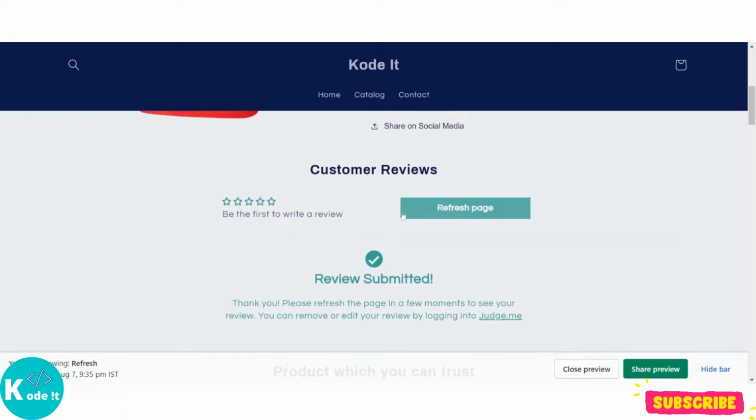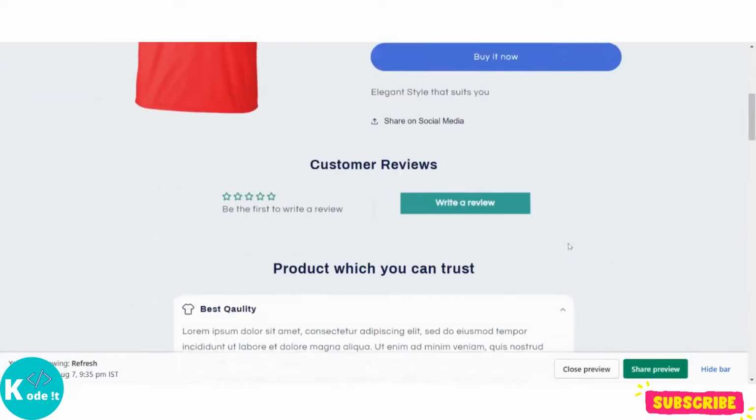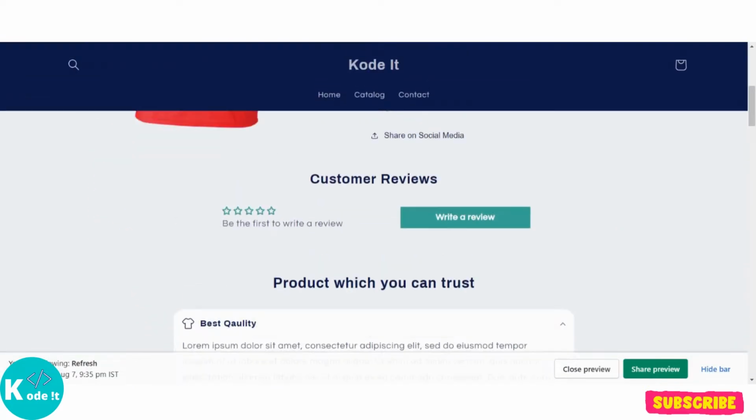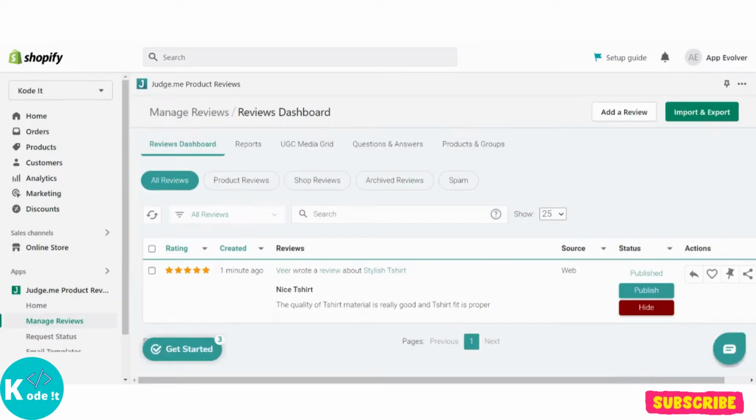The review will not be visible on the website since the review has not been published by the admin inside the Shopify portal. So guys, if you see over here under reviews, we have the review that has been posted